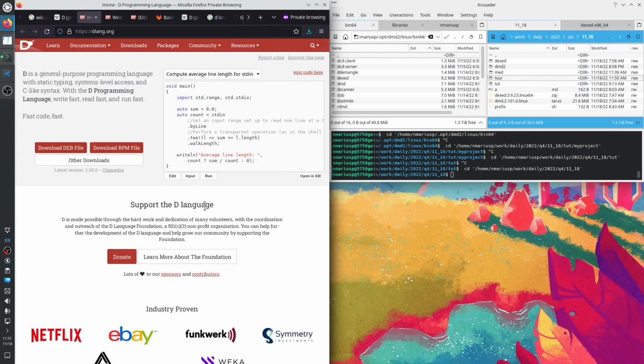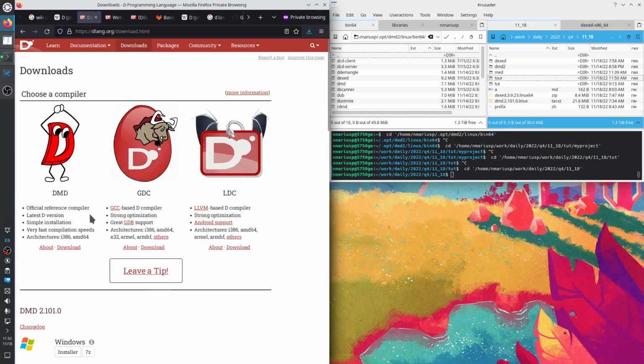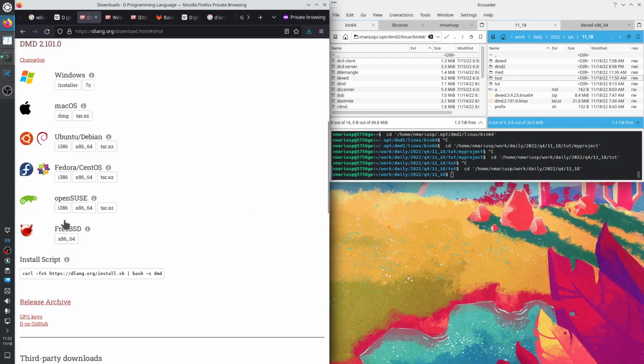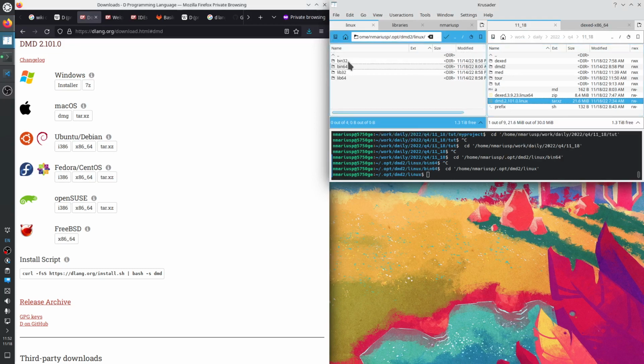So from there I went to downloads. I have downloaded the DMD reference compiler official download. I went for Debian tar.xz. I downloaded this file. It's this one. I've extracted the file to ~/.opt/dmd2, and then